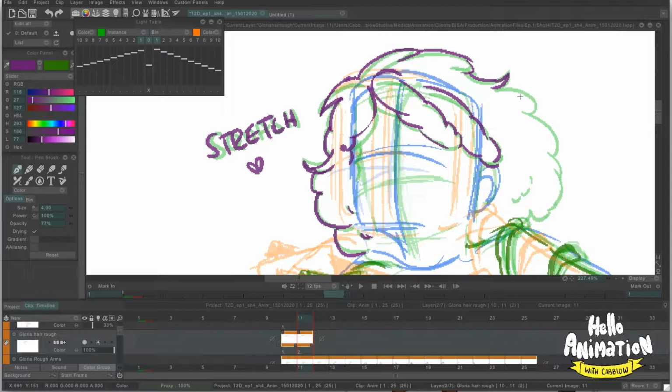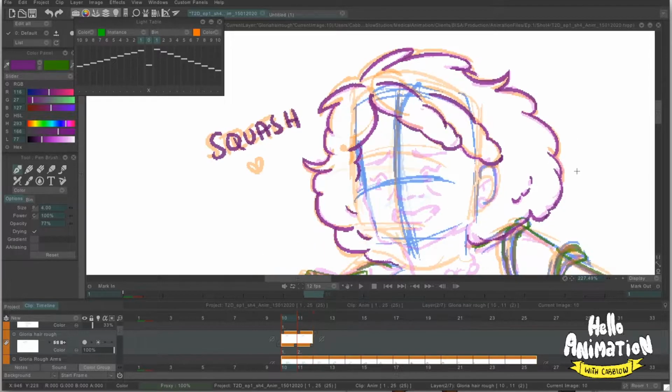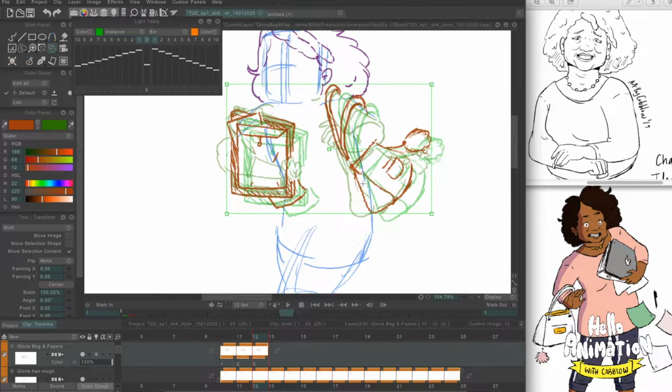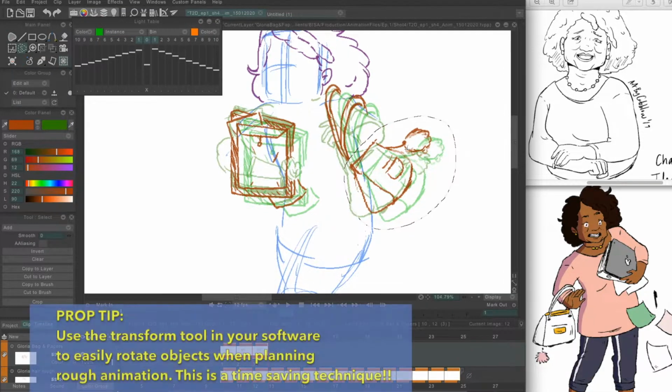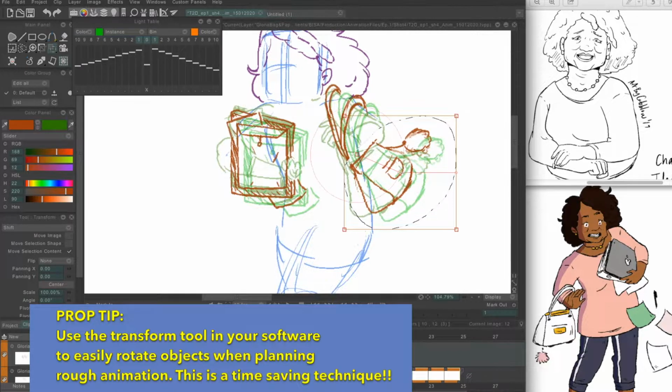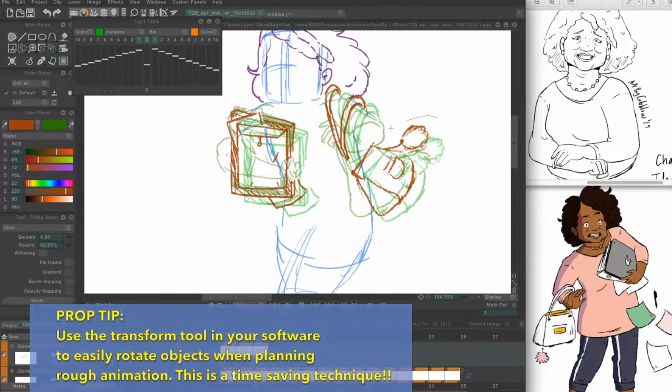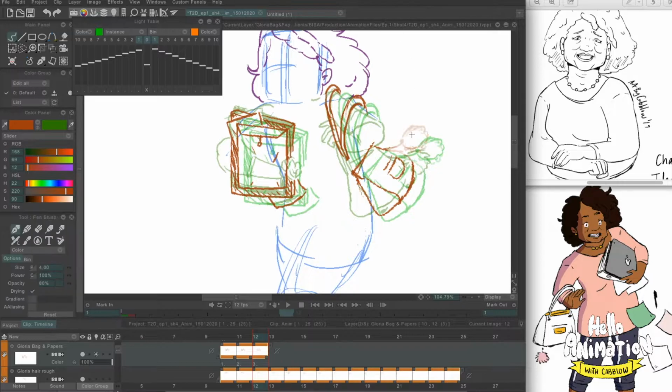And then later on in the same section of the tutorial, I work on the handbag's movement. So the handbag, as she's running and grabbing tightly to it, is going to swing. And same as when I had the body in blue and the arms in green, the hair is now in purple. The handbag, I think I did it in orange. Yeah, I did the rough animation of the handbag in orange, so that I can tell the difference between all of my